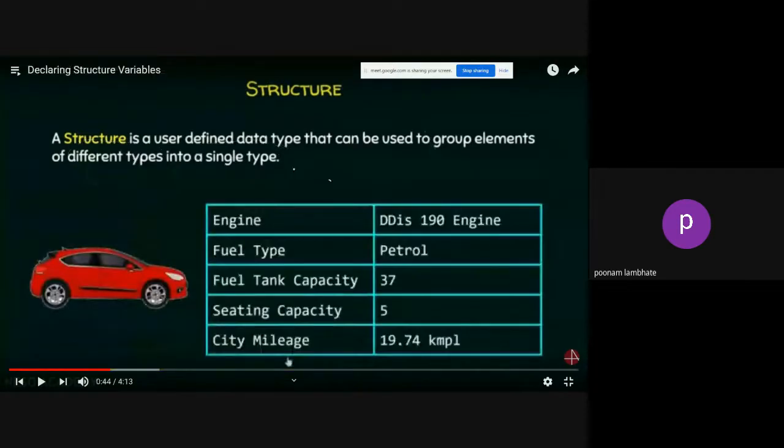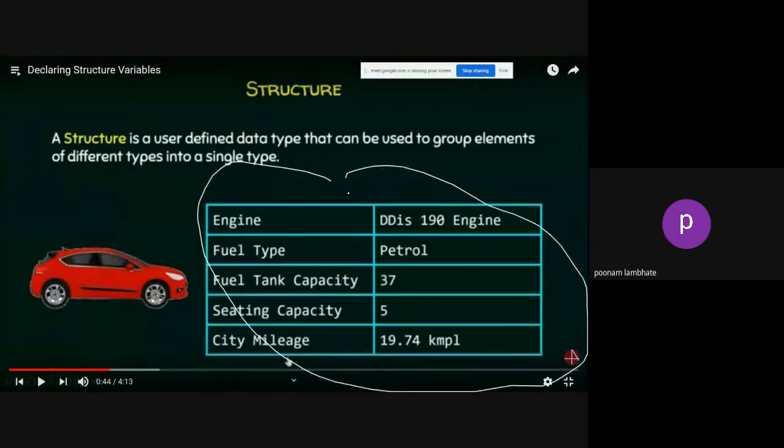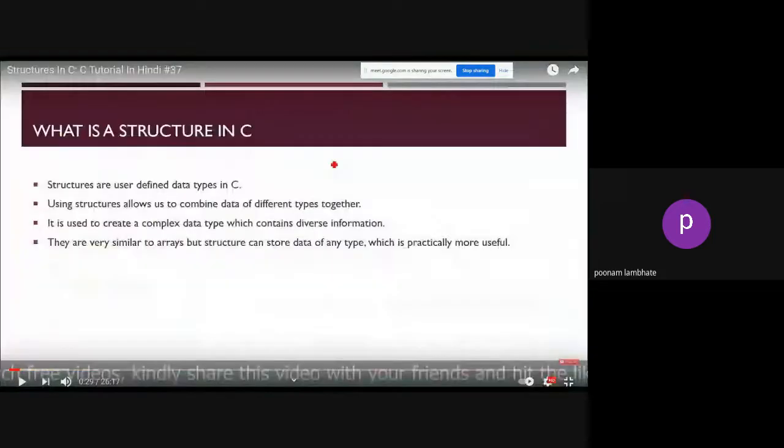So all these parameters for one car can be stored in one structure. If you have a number of cars, you can create an array of structures. Okay, this is an advanced concept. You can also create an array of structures. So that we'll see in the next session. Okay, so now what I can tell you is